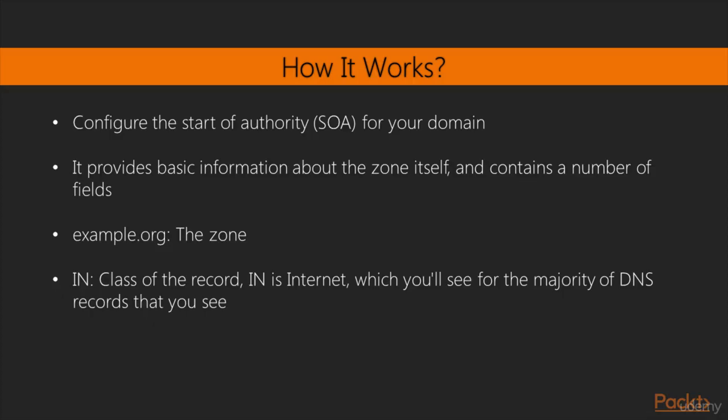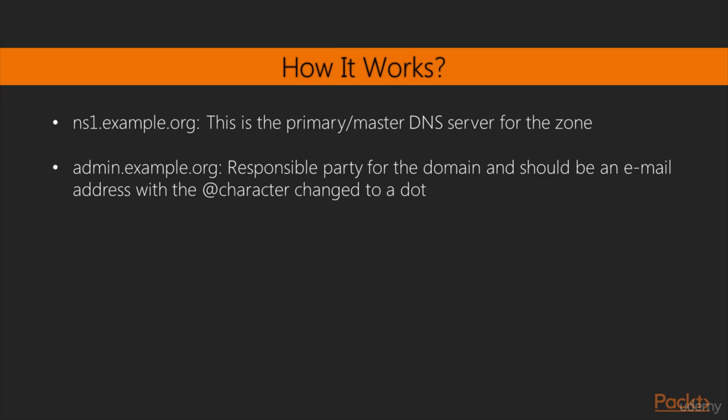Cool. Now we'll see the actual working process. The first step is to configure the start of authority, SOA, for your domain. The SOA provides basic information about the zone itself. It contains a number of fields including example.org, the zone, IN, the class of the record. IN is internet, which you'll see for the majority of DNS records that you see. SOA, start of authority,